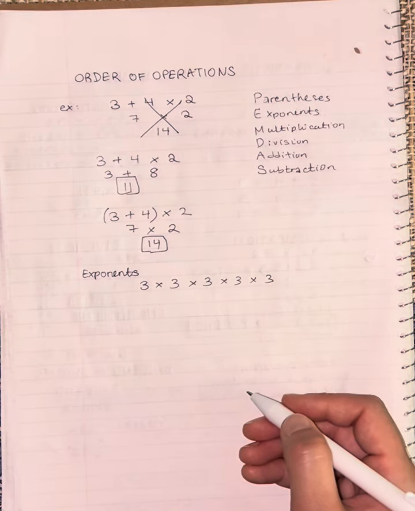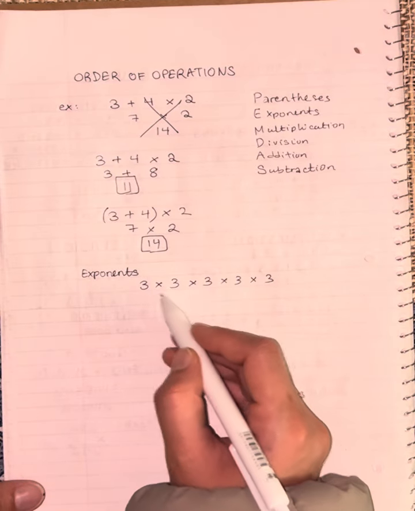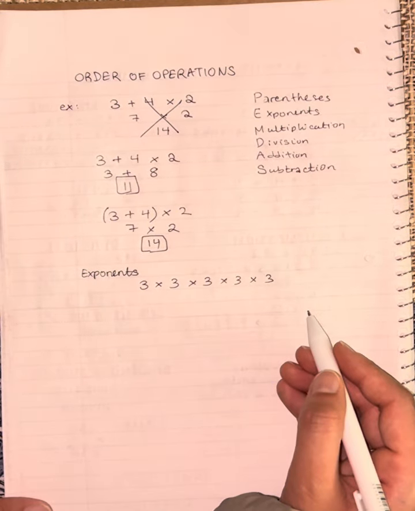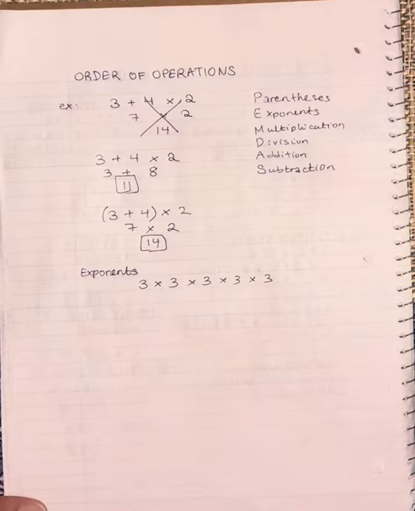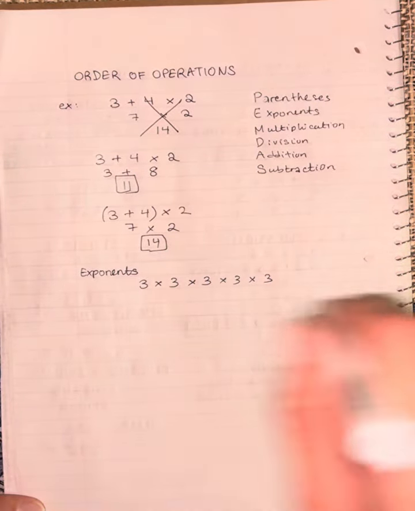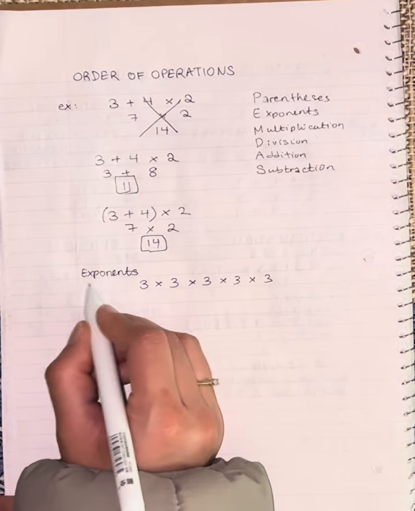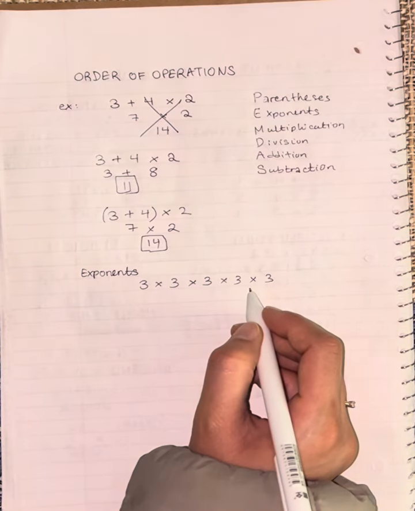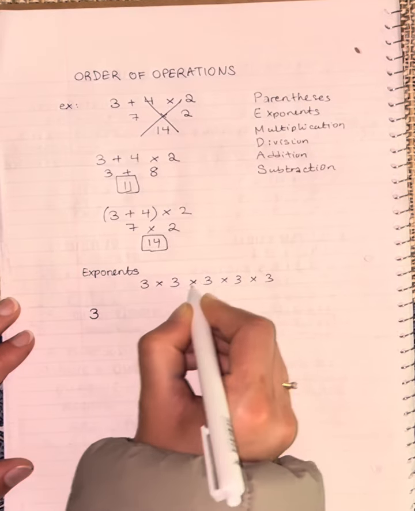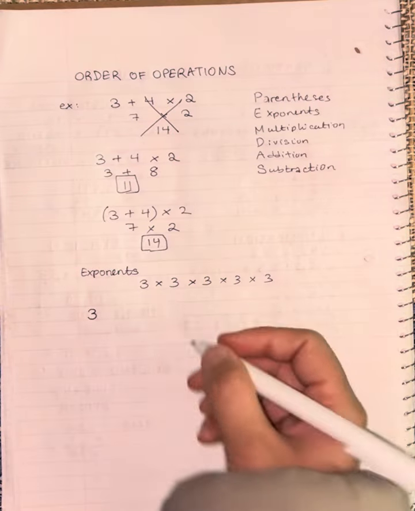Now, somebody decided that, hey, if we had a situation where we have the same number being multiplied, there should be an easier way to write this, because imagine I'm multiplying 100 3s to themselves. Would it be fair for me to be writing out 3 times 3 times 3 times 3 times 3 until I reach 100 3s? No. The faster way would be to come up with this guy called exponents. Over here, we have 5 3s. So instead of writing it like this, we would write the number 3, which is the number we're constantly multiplying to itself, and we would write the amount of 3s, meaning the amount of times I have to multiply it to itself,